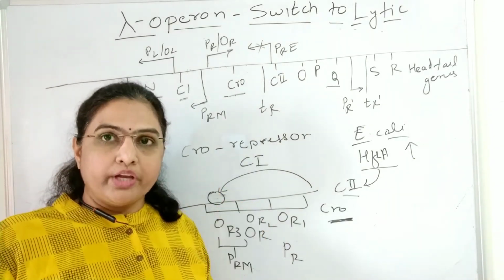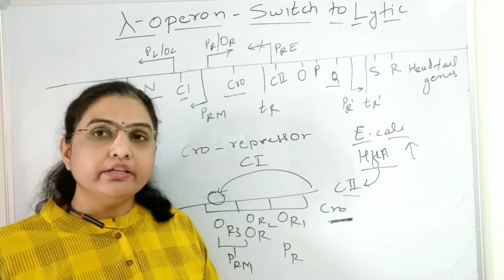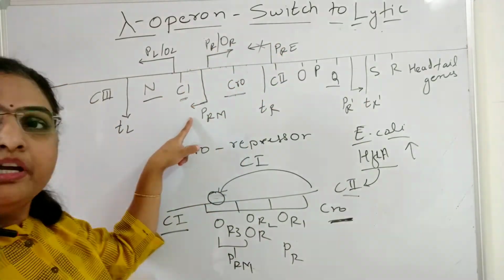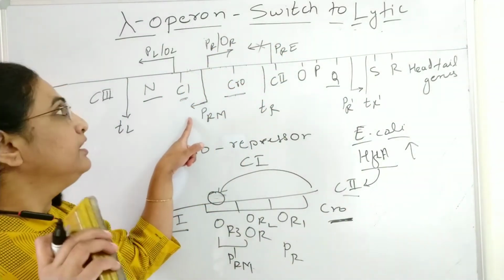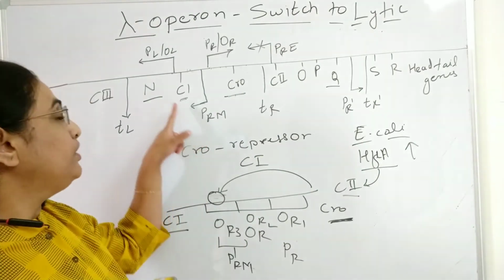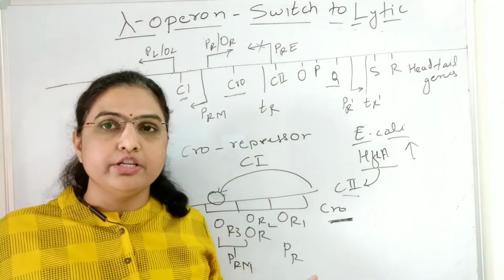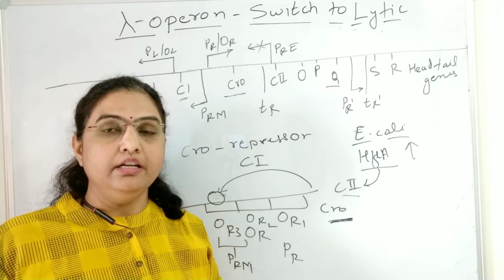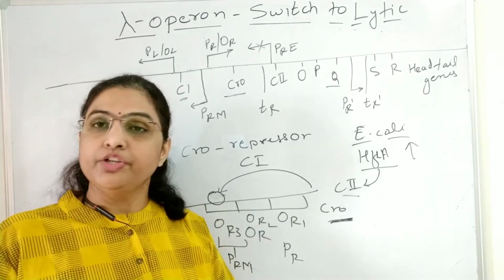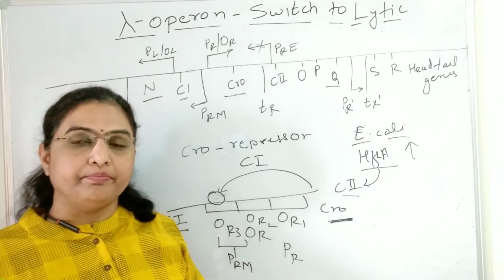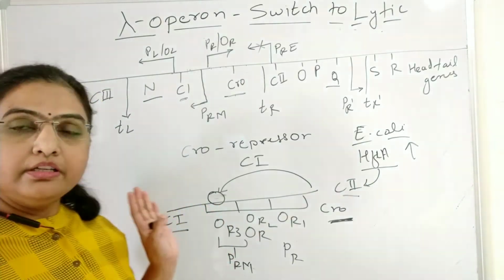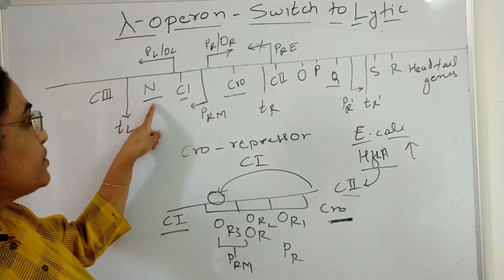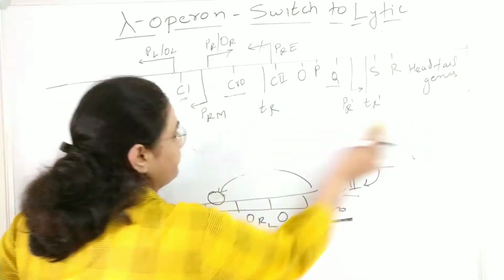In this way, when a phage has to enter into the lytic cycle, the transcription from the PRE and the PRM is going to be inhibited, so that C1 is not going to be present in the cell. Why? Because C1 is a negative regulator of the lytic cycle, but a phage has to enter into the lytic cycle, so there should not be the presence of C1. So in this way, C1 is not present in the cell, and as it is not present, the transcription of the N and the Cro is going to happen.